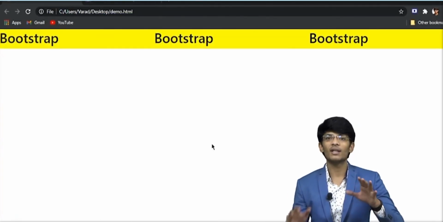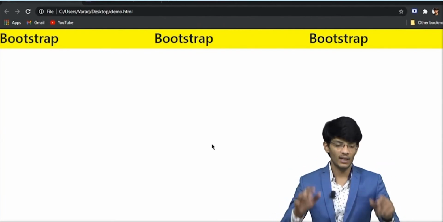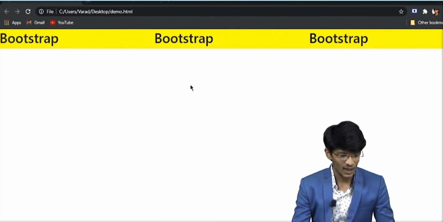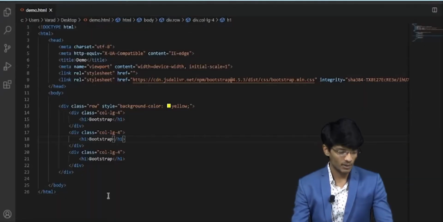The yellow color represents the row which we defined, and the Bootstrap texts which we can see here are the columns in that particular row.